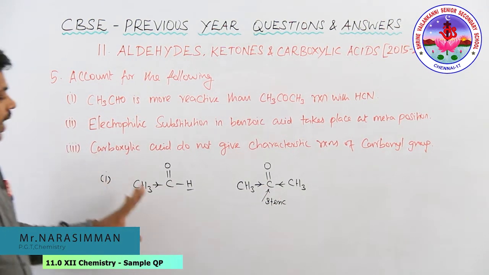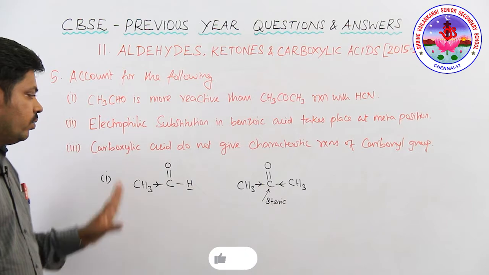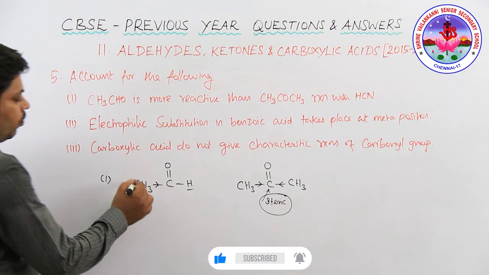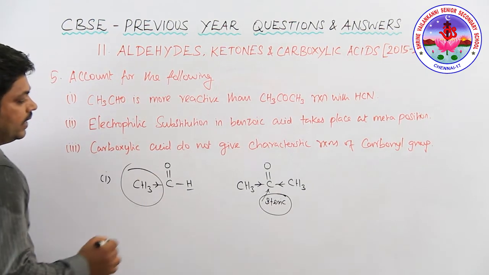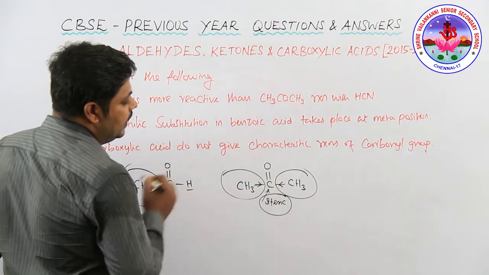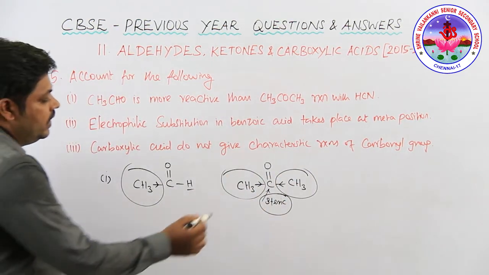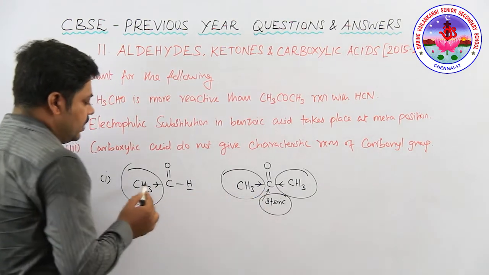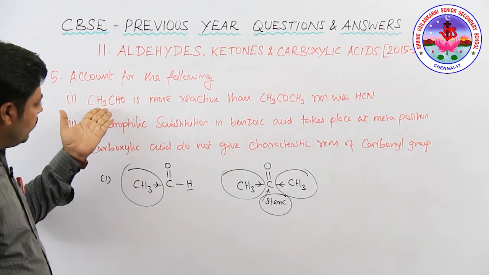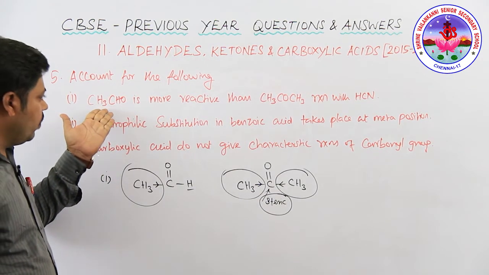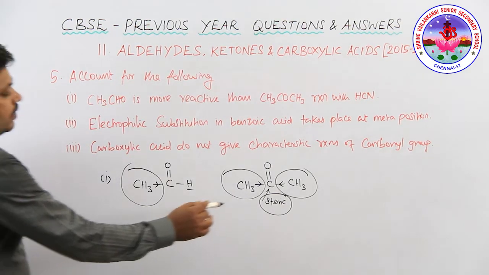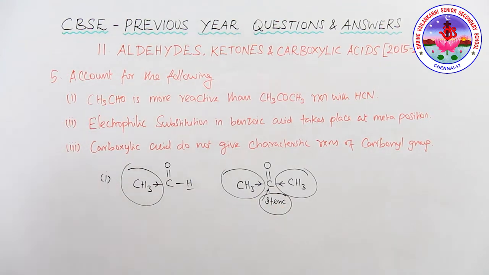Simply you can write it, aldehydes are more reactive than ketones because of the steric hindrance or steric reason. Because here only one bulky group is present in the aldehyde, here two groups are present at the ketone position. So that electron releasing on both sides. So it will be highly steric compared to this. That is why aldehydes are more reactive. Sometimes instead of acetaldehyde, ethanal or propanal, like this is given. Okay, you have to write the reason is due to steric reason.